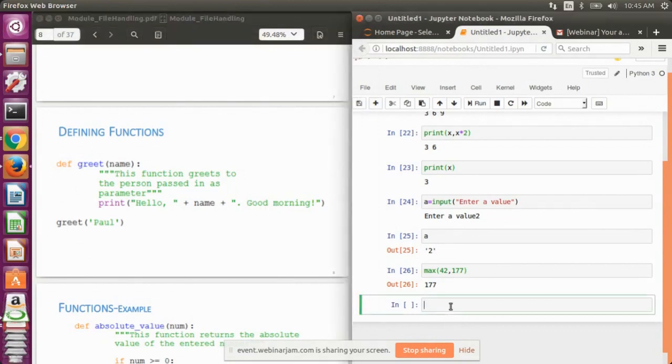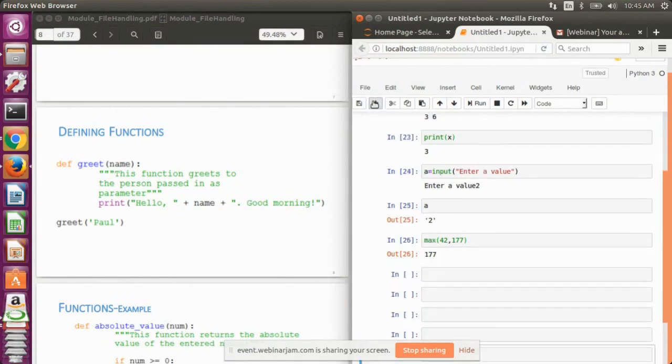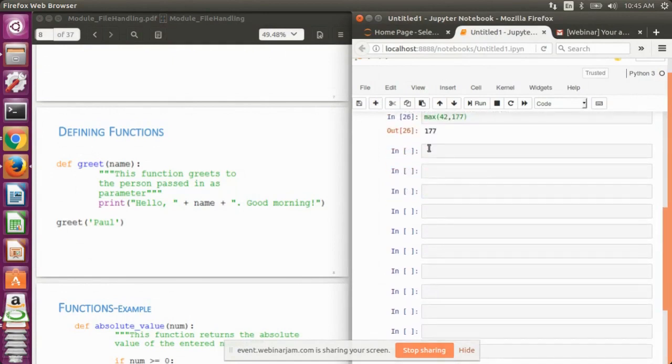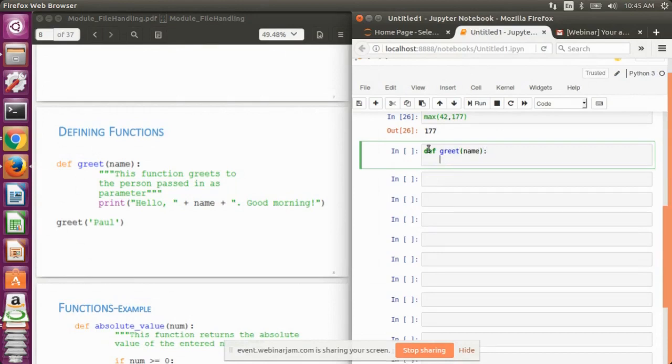So let me show you here. If I define a function with def, I take the same function, greet name, followed by a colon, and press enter.